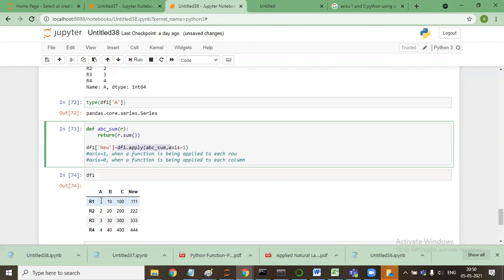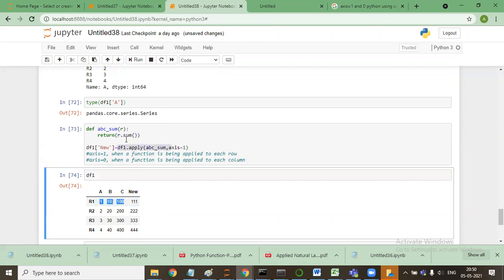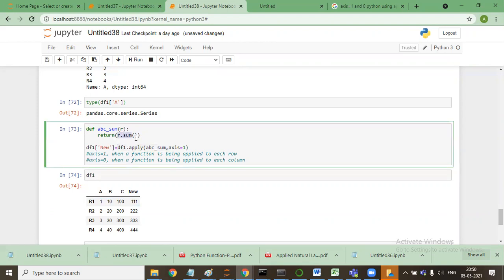It will take every row, 1, 10, 100, pass it there, and calculate the sum. This function can only be applied through apply; it will not work on individual elements. If you want to sum the columns, okay, I'll do that.